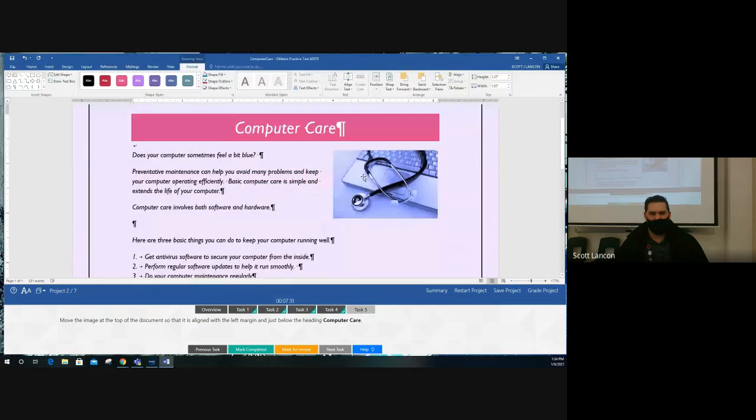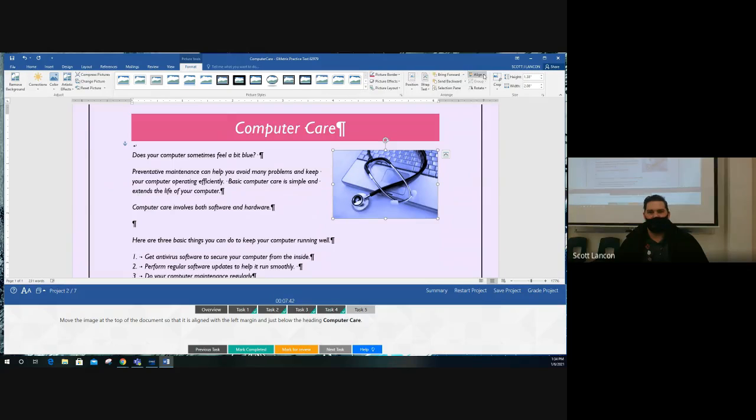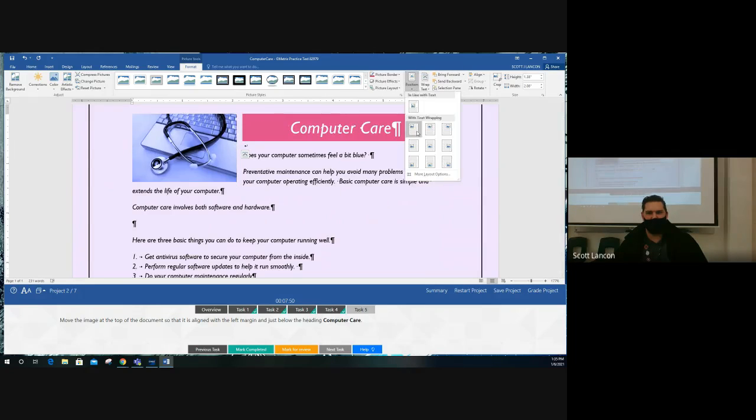Okay, here's the picture image at the top of the document so that it is aligned with the left margin and just below the heading Computer Care. Okay, now picture tools. You can align it with the left. Now you want to do that one, align left instead of positioning, because positioning is like it'll put it